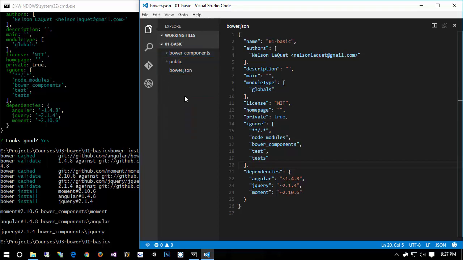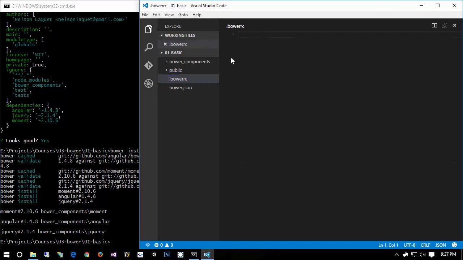Some people like to do this. I personally wouldn't, and it gets complicated why, and it'll make more sense when we start talking about modules. But for now, for the sake of completeness, I just want to talk about how we can change which directory Bower installs into. And you do that by simply creating a .bowerrc file. Now, a bowerrc file is going to be a JSON file,